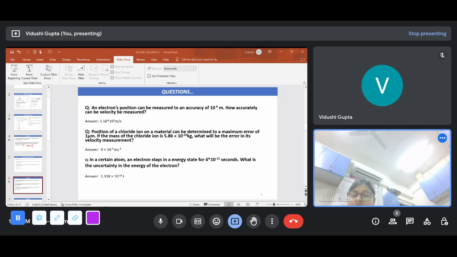So how we will solve this? It will be the commutator of x with t plus v,